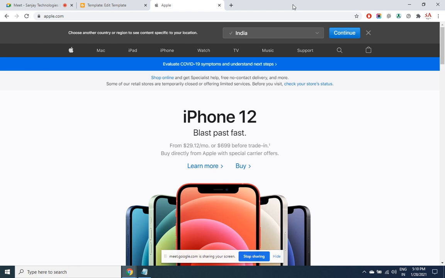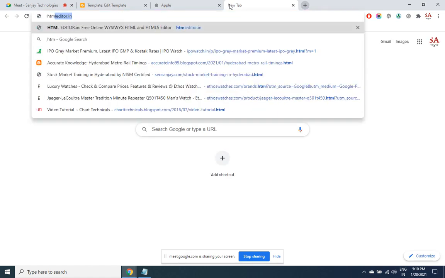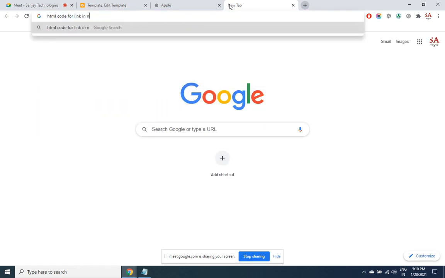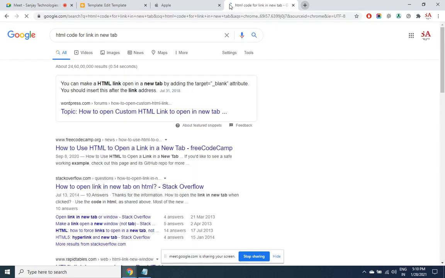However, providing external links the way that we have done isn't a proper way. Because you are losing the visitor. You have provided the link in the same window. Never ever lose a visitor, you need to always retain him. So what can be done? You can provide the link in a new tab. But what is the code to provide the link in a new tab? You have to do a little research in Google. HTML code for link in new tab. So all the external links, always provide the link in a new tab so that you don't lose the visitor.